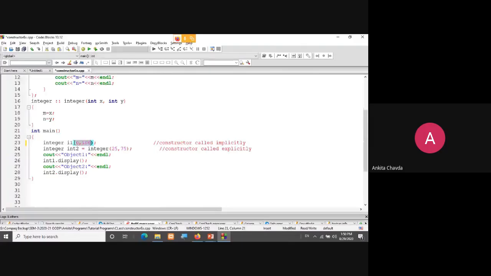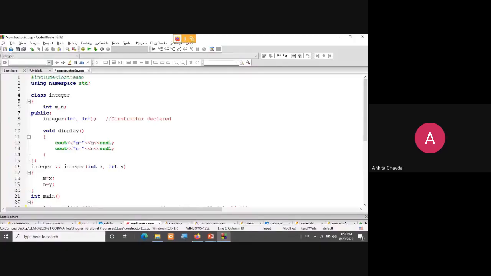Now from my main, this is my class name Integer. I'm creating my object. I can even take a smaller name, that is I1. And I'm passing 0 and 100, so 0 for m, 100 for n. This is how I've called my constructor implicitly.